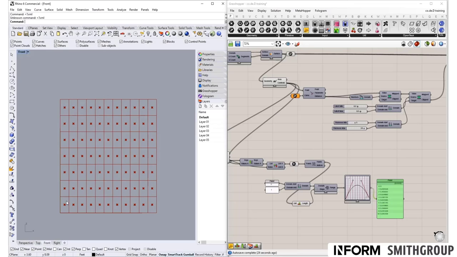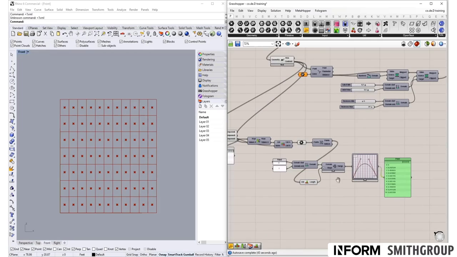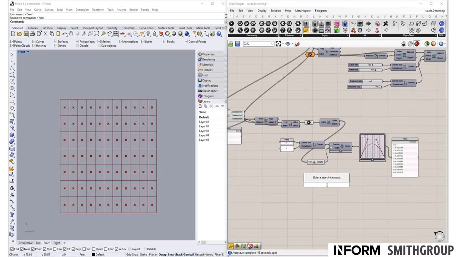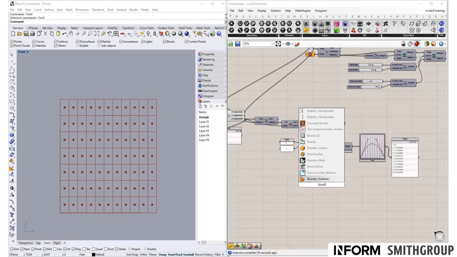So we want to move this point. The maximum should be from here to here. So we want to get the distance between this row and that row, because that's the boundary for our curve. So what we're going to do is do a construct domain, or actually all we need to do is bounds. Okay, bounds,